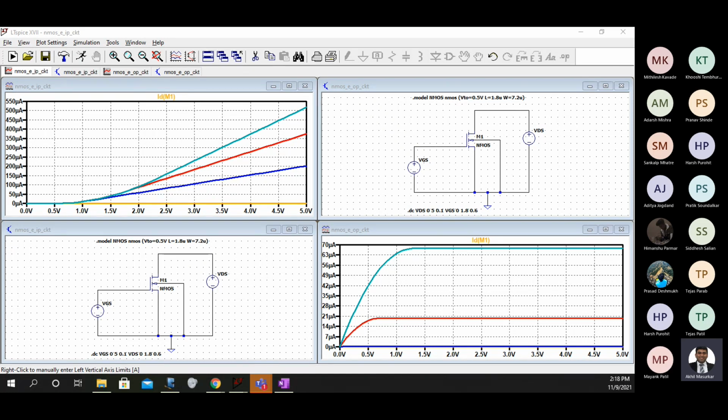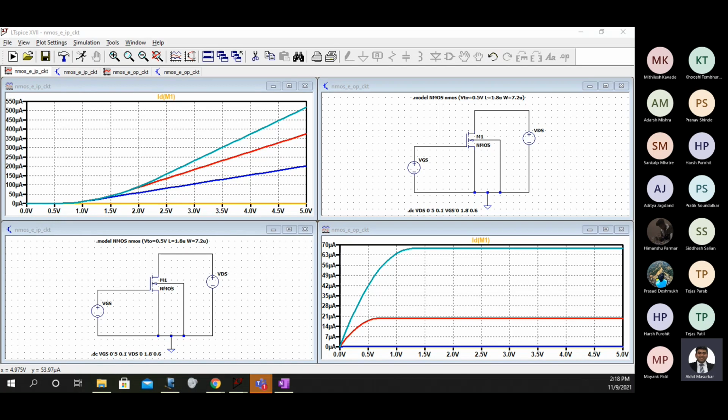Yes, characteristics is just a means, but you should be able to understand that writing a spice code for a circuit also fetches the same thing. Okay, Mithilesh has got it.